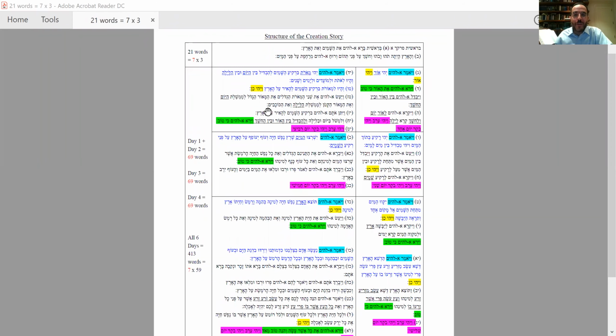So these go together. On day 2, Hashem creates the rakia, separating the heavens from the seas. And on day 5, Hashem creates the birds that live in the heavens, in the skies, and the fish that live in the seas. So here's the setup, and now they are populated. And day 3 has 2 parts. First, the creation of dry land, and then vegetation.